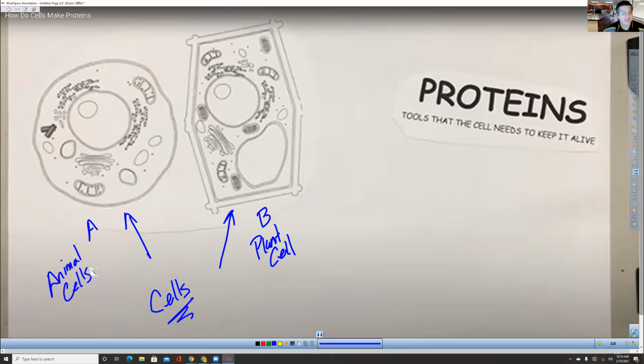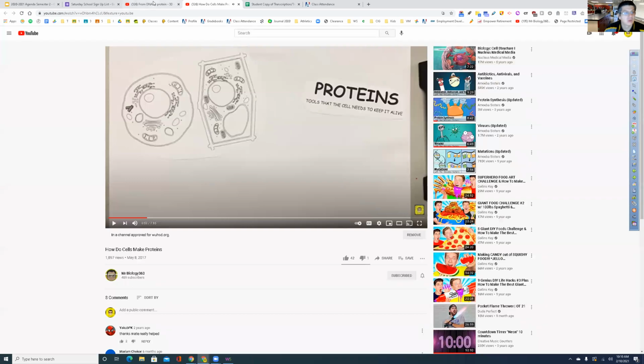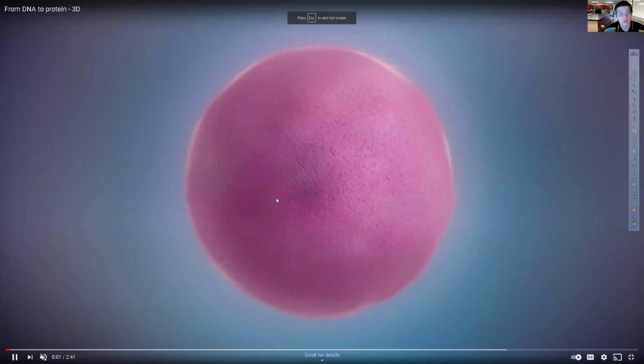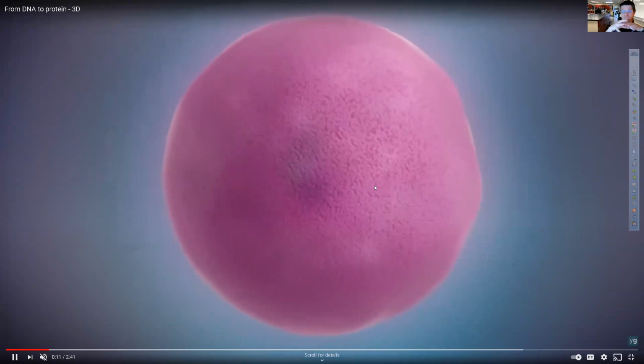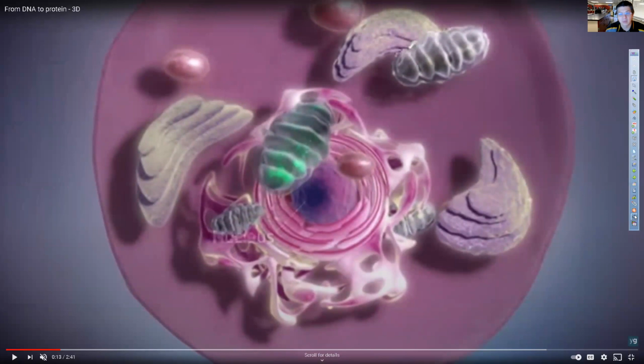Now, if we had to take a look at these guys in 3D, this is what they would look like, right? So if we're taking a look here, let me go ahead and escape here. Okay, so if we are taking a look at this cell, this is what we're looking at. So what I'm showing you is the following, right? When we zoom in, there's a cell membrane because the cell's enclosed, right? The lipids, right, that make the outer layer. And so this right here is what I'm talking about. This is what I'm showing you in my diagram.